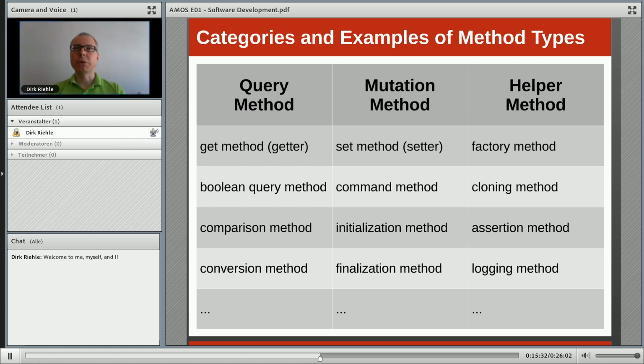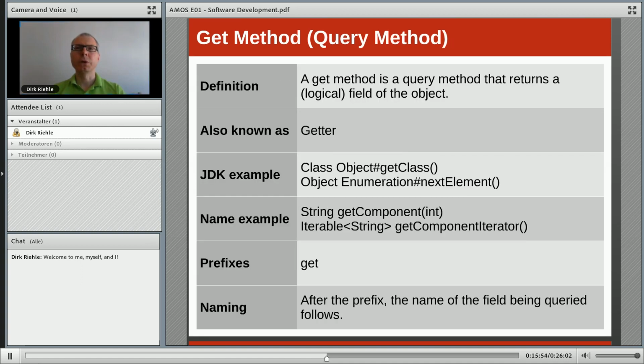Here are a couple of examples from how to name or what type of methods a programmer writes. And this is taken from the Advanced Design and Programming, the ADAP class that I teach. And it's really just one aspect. So for example, I'm quite sure you all will be familiar with get methods or getters.